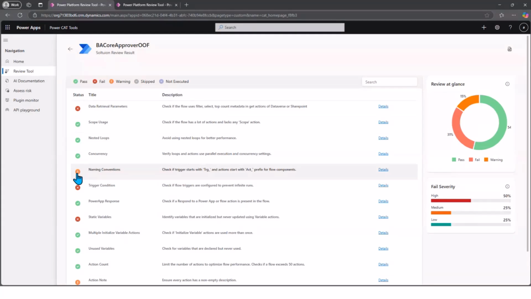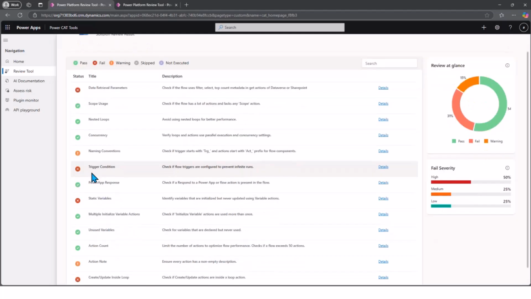Considering these patterns are opinionated and some people may or may not agree that a pattern should have passed, these patterns have been made configurable under the hood. So all these patterns reside in a table, and you have the ability to mark the patterns as warnings as well. And this gives a score of 0.5. All the patterns which have passed will be scored as 1, and everything will be converted into percentages. You also have a review at a glance where you can see how many patterns have failed, passed, or been marked as warning. So when it comes to Power Automate, you could see that there are a bunch of